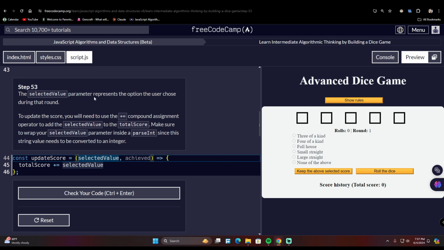It says it is an option. This parameter is an option the user chose. So we cannot just add an option to the value of the total score. So it says, make sure to wrap your selected value parameter inside the parseInt. And this is our key. So parseInt,